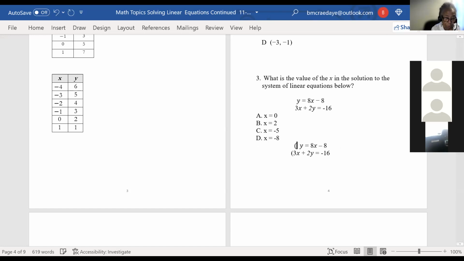This is number 1, and this next one is number 2. Now in number 1, you're given what y is equal to. So you could really substitute that y value into the second equation, right? Because you said y is 8x minus 8. So you can substitute